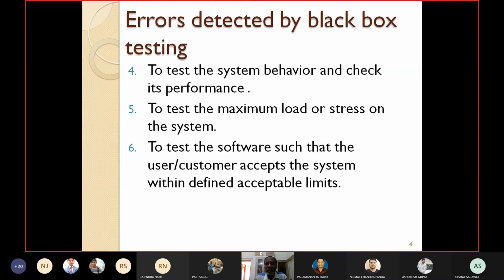Each system has some limitations. So what is the acceptable limit? That also you can test using black box testing techniques, such that the customer accepts the delivered system within some defined acceptable limits.